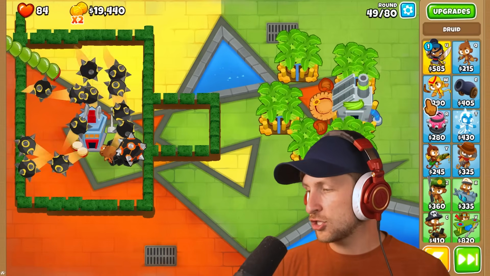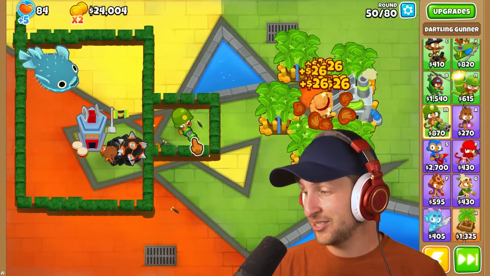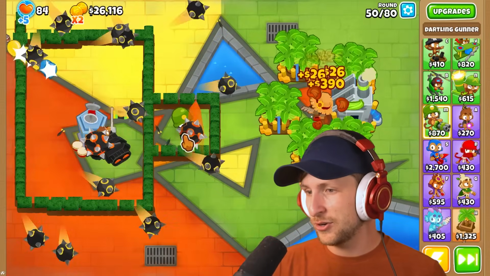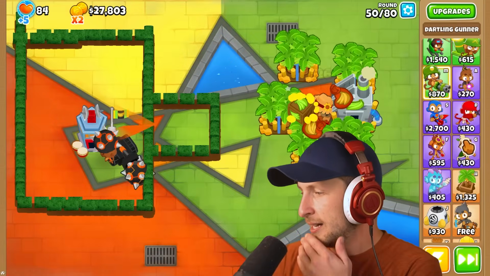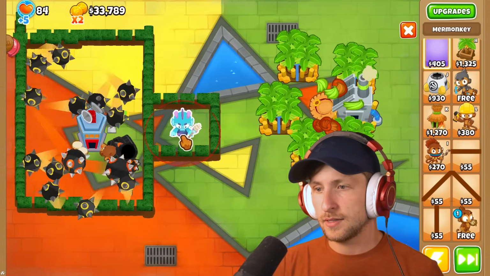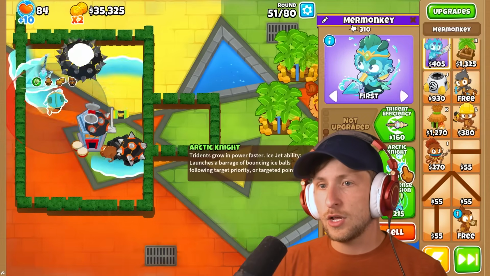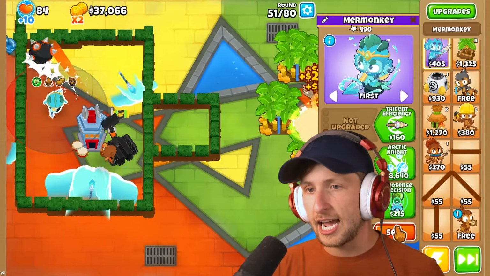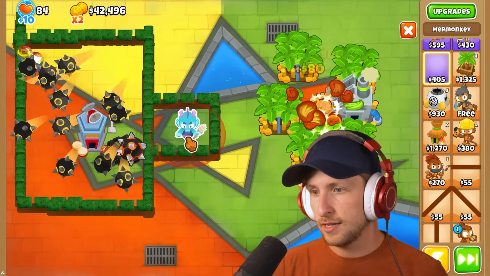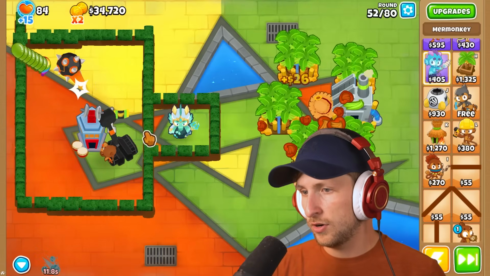So what about this super small area then? I mean, the Dartling Gunner goes pretty... The Dartling Gunner goes kind of insane. How about... How does this work? If you get Arctic Knight... Wait a minute. Arctic Knight, I bet, would be crazy. If we put Arctic Knight right in the middle here, and then we get Arctic Knight, and then